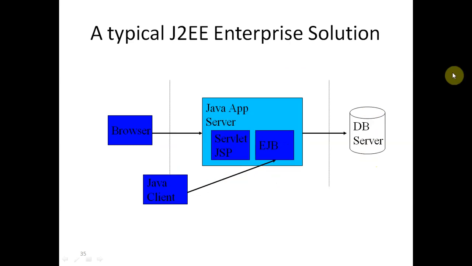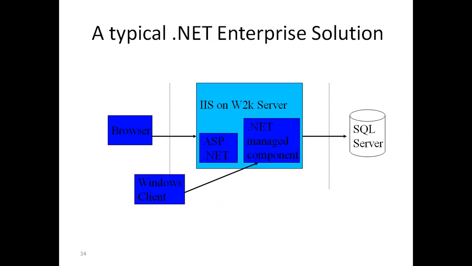which can also be used with ASP.NET, and these components will connect ASP.NET with the SQL Server. While in the case of Java, you can see here EJB is there. So when the browser connects with the server, then we have servlet or JSP code, and the JSP program or servlet program will execute. And EJB, in between, will collect the data through database connectivity and safely transfer the data to the web server, and the web server then sends it to the browser. So this happens in the case of J2EE. So this is in the case of a Java client. However, this is in the case of ASP.NET.